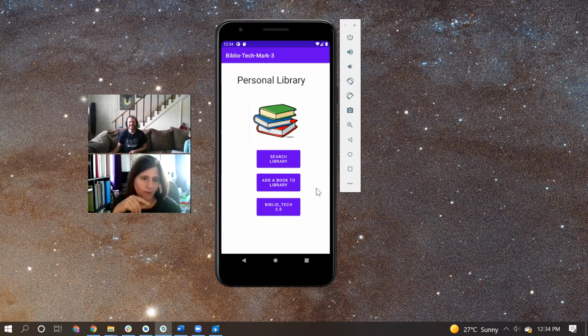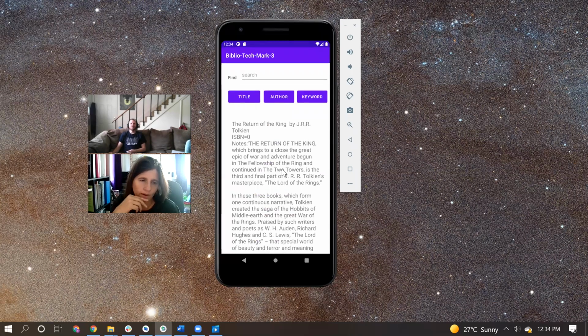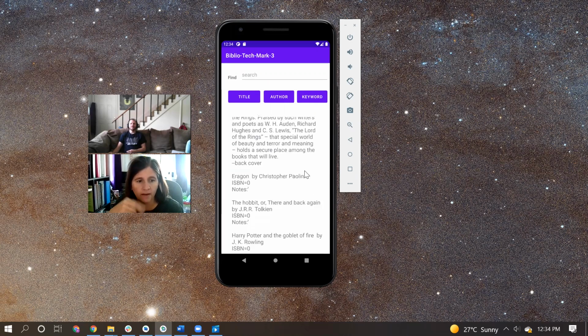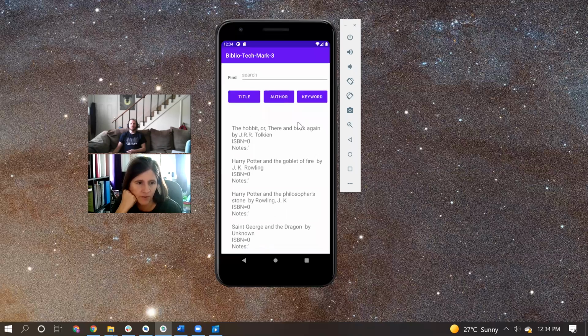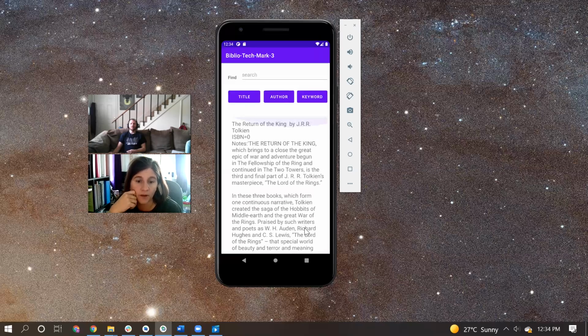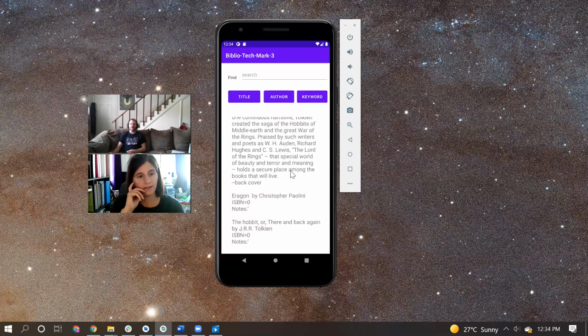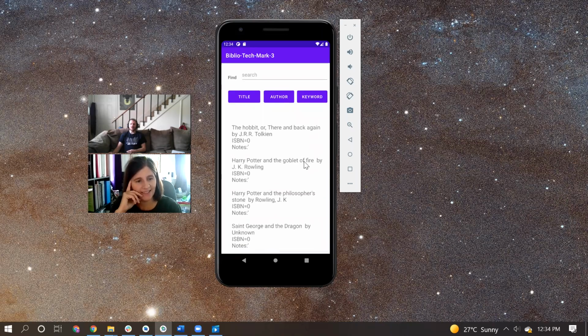So our first one is search library, and what we have is a field to input either a title, author, or keyword, and then it will search the database to see if we own that book, if that book is in our database. One of the fun things about creating this page was learning how to do a recycler